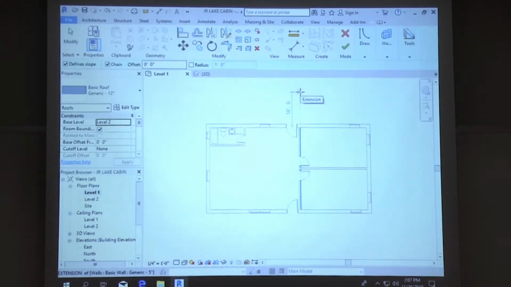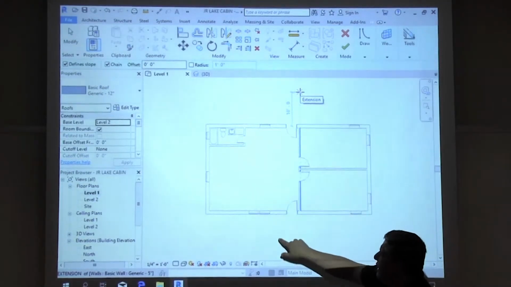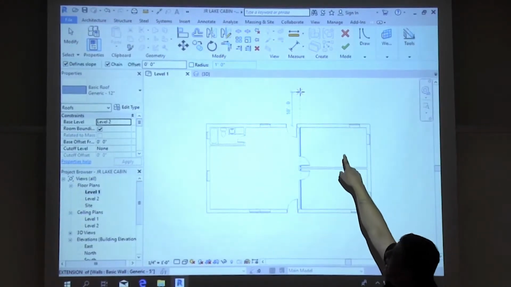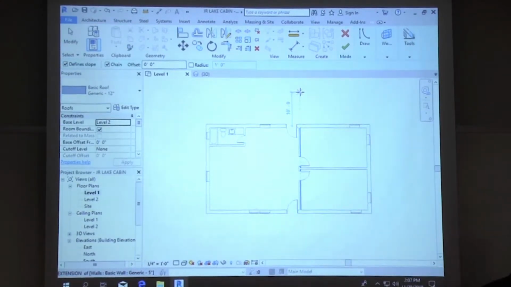The problem happens when you have either a porch up front that has no walls or a patio in the back that has no walls. Since you're going to be drawing whatever you design for your final project, if you added a porch or a patio and you use the pick walls command and then try to add the patio afterwards, your connections aren't going to work properly. So if you want it to work, use the draw the line. I know you have to trace the building outline, but still,